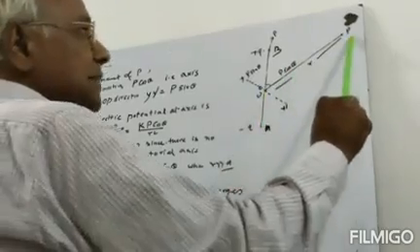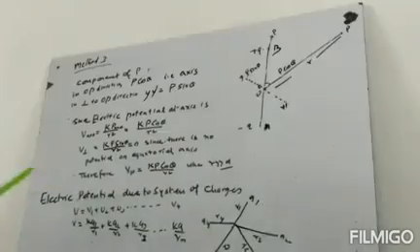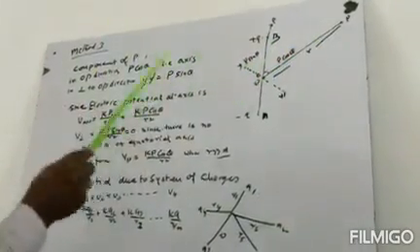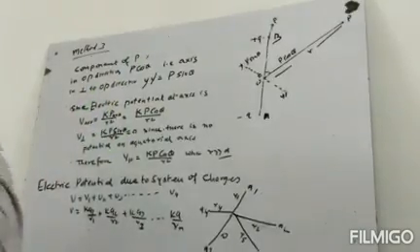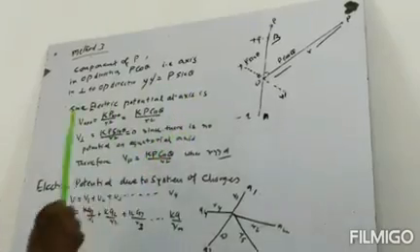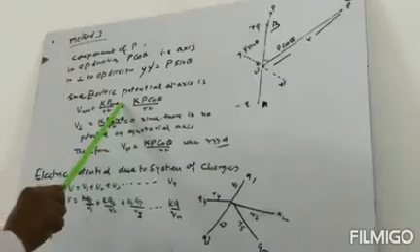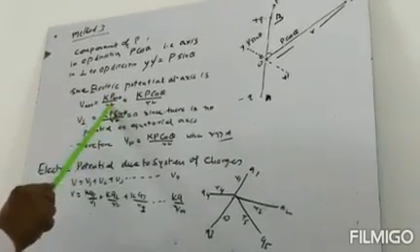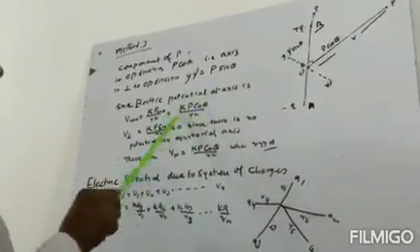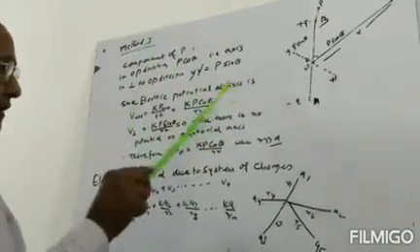Now, this will be on the axis. Then we have found the electrical potential for the axis as well as for the direction perpendicular to this axis. So the electrical potential on the axis, V axis, is equal to Kp on axis divided by R square, and P on axis is P cos theta. So this is the same result which we have found earlier, and that was the tedious method.